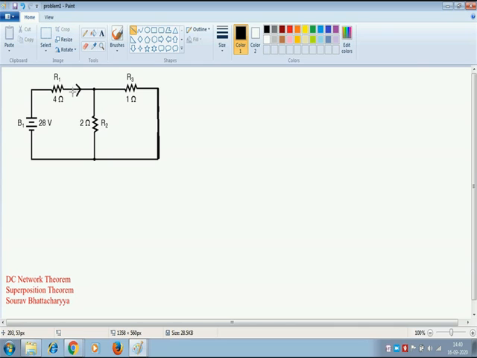Now we have to find the current through the R1 resistor for the 28 volt source. You can apply any type of method here, mesh analysis, node analysis, or KCL, KVL. See here, R2 and R3, these two resistors are in parallel, and the R1 resistor is in series. Let this be the node, and at this node we have a voltage V, and at this node the current is dividing into two parts.